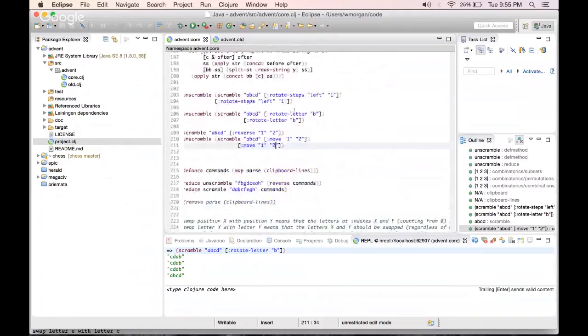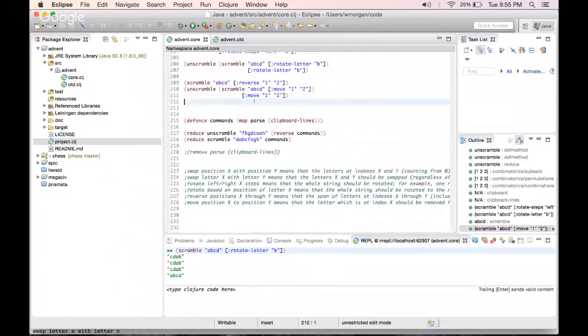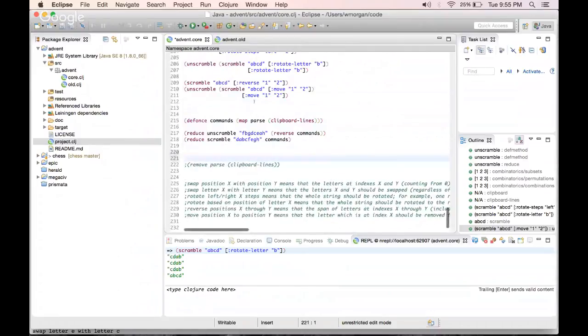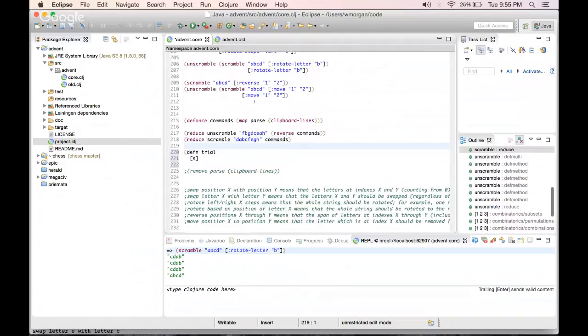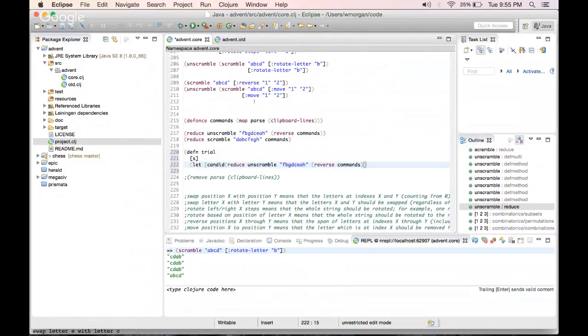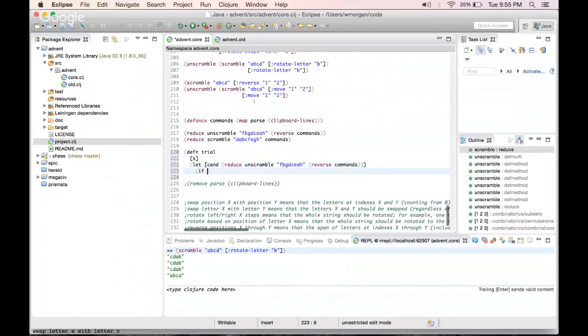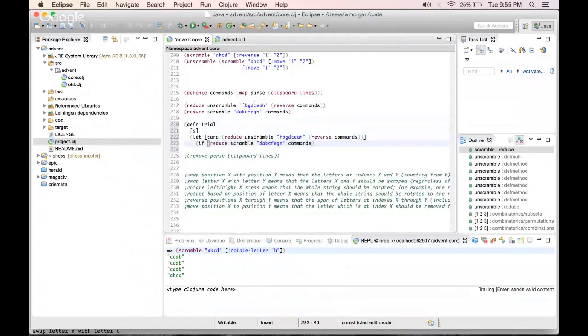And then what we could do is define trial for some s, and then we could say let candidate, and then if candidate is equal to our input,